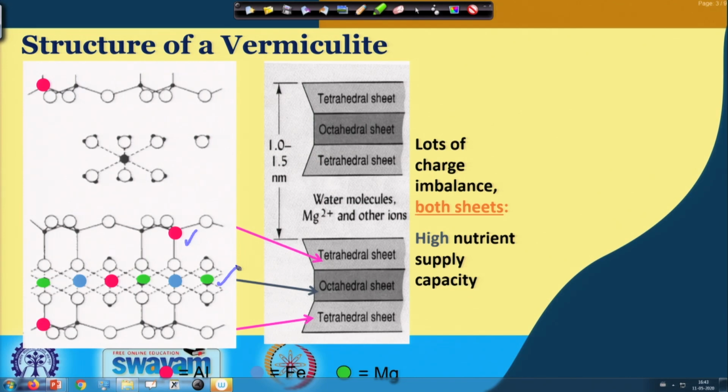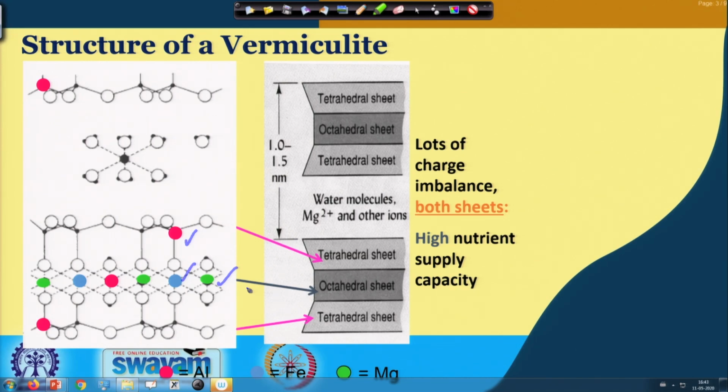You can see in the tetrahedral sheet silica gets replaced by aluminum, whereas in the octahedral sheet aluminum gets replaced by magnesium as well as iron. Irons are denoted by these blue dots, whereas green dots are basically magnesium. So, as a result you can see in both the sheets, octahedral sheet and tetrahedral sheet, the isomorphous